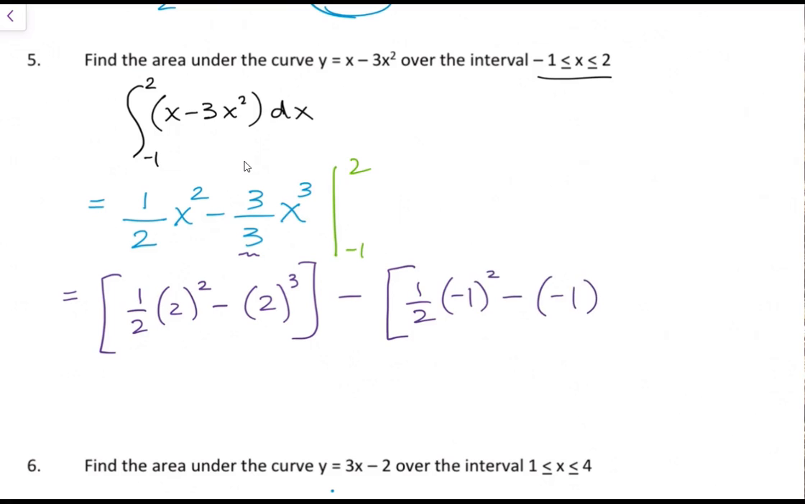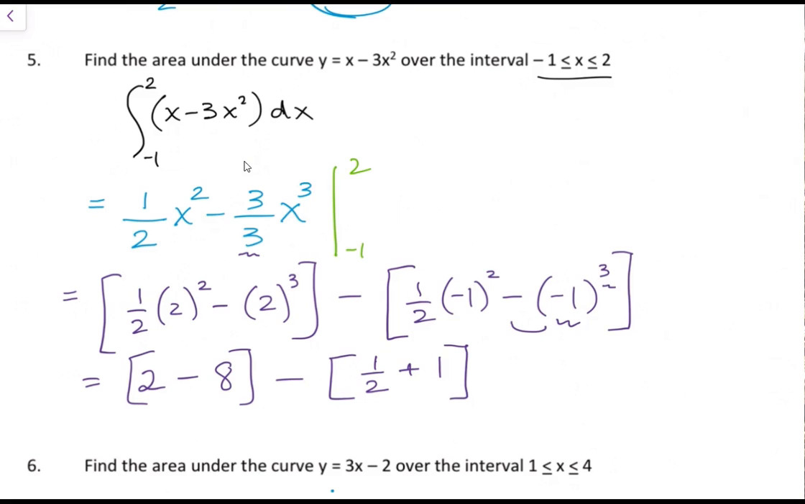minus -1 cubed. And doing that arithmetic, 1/2 of 4 is 2, 2 cubed is 8, minus -1 squared is +1, so 1/2. -1 cubed is negative, and then the negative in front of that is going to make that +1. So we end up with 2 minus 8 is -6 minus 3/2, which is going to give me